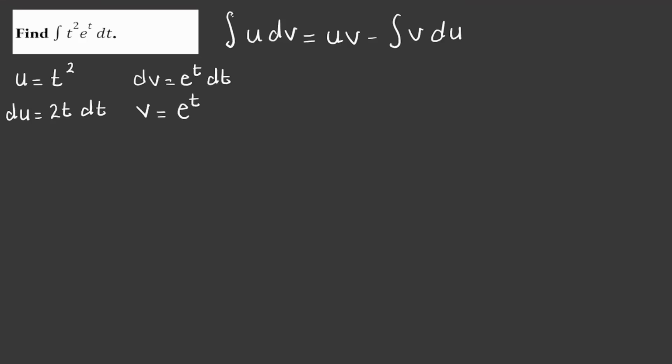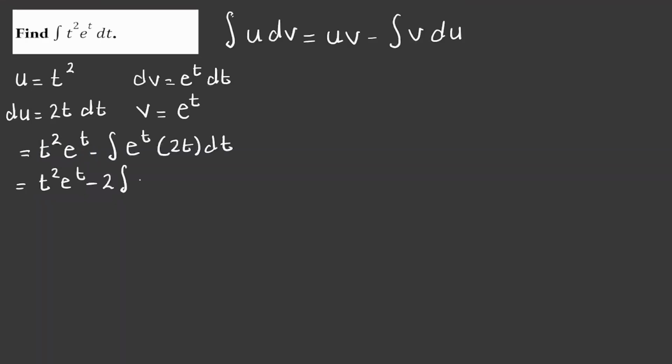So now inputting this into the equation, u times v is t squared times e^t minus the integral of v, which is e^t, times 2t times dt. So now here we know that any constant inside the integral we can just pull out. So I will be pulling out the 2. And also notice that multiplication is commutative, so I can rewrite this function after pulling out the 2 as